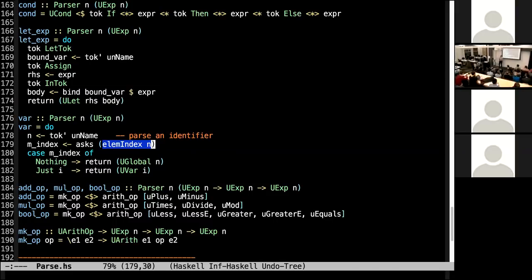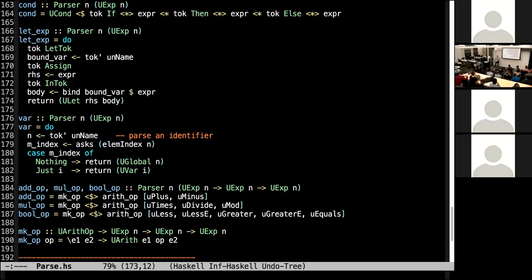I. Now this uvar, remember, the argument to a uvar is one of these fin types, because I want to be sure that this de Bruijn index is going to be in the appropriate range. And so all of these types are sort of flowing together to keep me honest. That's how it benefits the caller of this as well, because now I want my uvar to have the invariant that the de Bruijn index in the uvar has to be less than the number of bound variables. And GHC is proving that invariant for